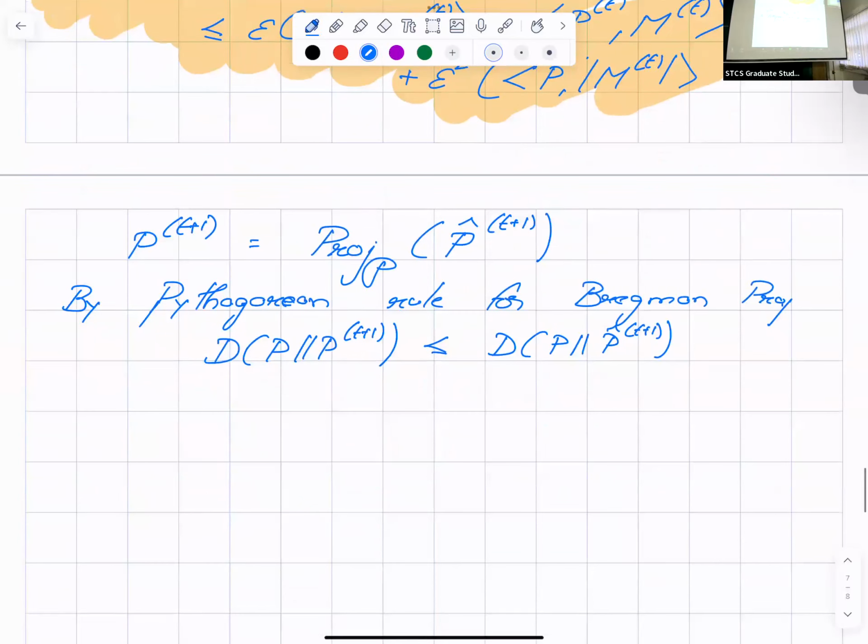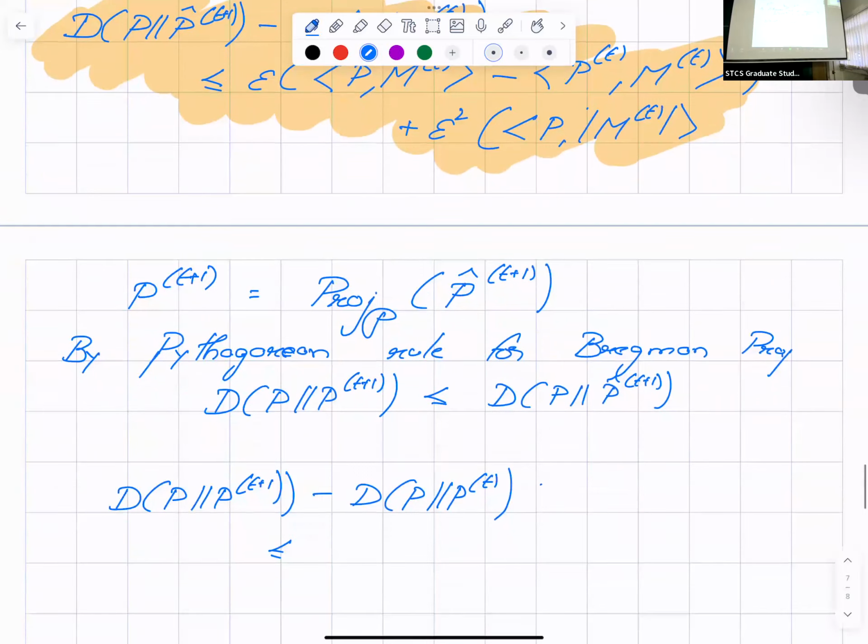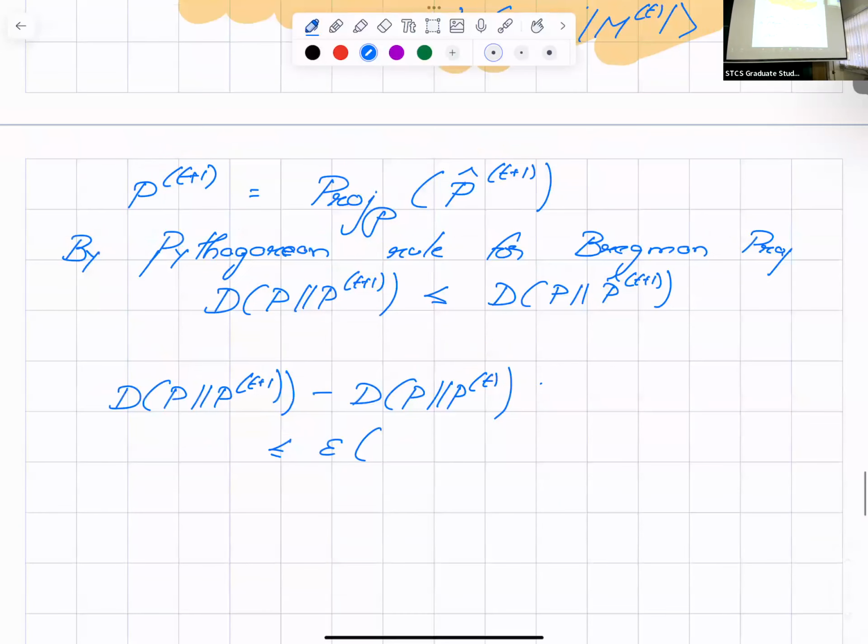Therefore, we further have this fact that D of P PT plus 1 minus D of P PT is less than or equal to this epsilon times